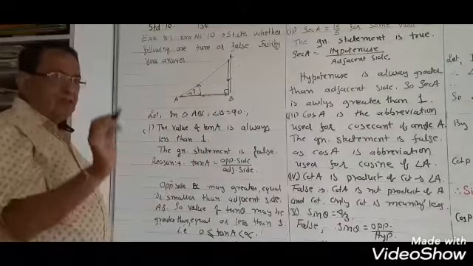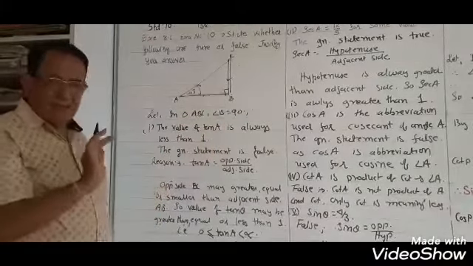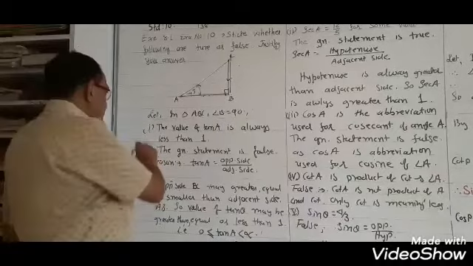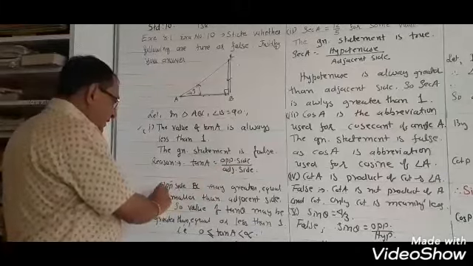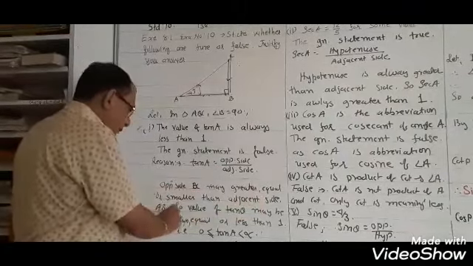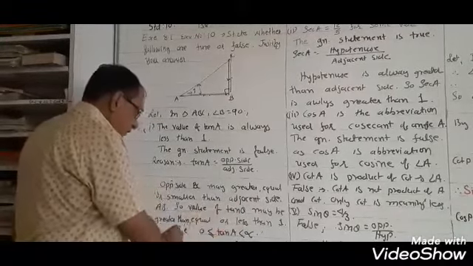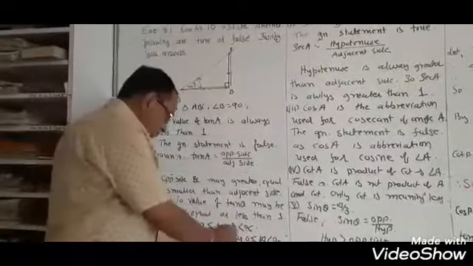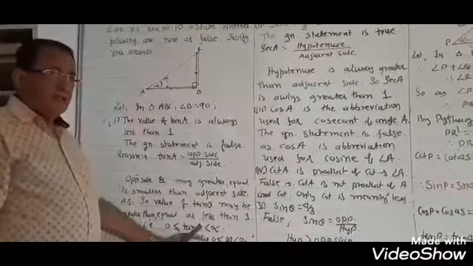Okay, it is not like this way. It may be BC is greater, smaller, equal, whatever it may be. So this statement is false. Tan A is opposite side upon adjacent side. Opposite side BC may be greater, equal, or smaller than adjacent side AB. So the value of tan theta may be greater than, equal to, or less than 1. Tan A lies between 0 and infinity.